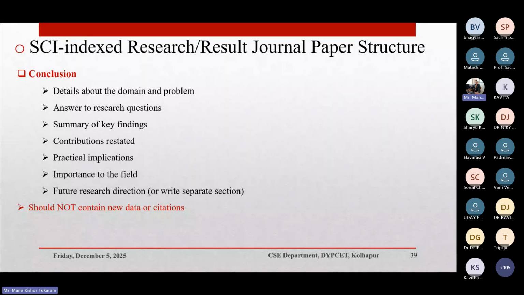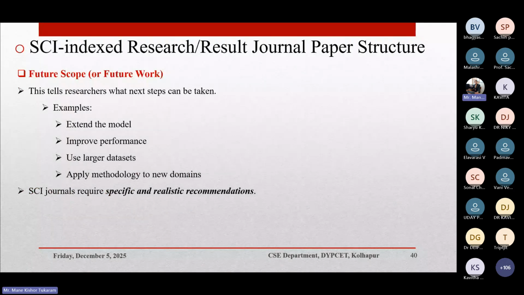So the conclusion doesn't require any citations, nor any new things which are not mentioned throughout the paper. The conclusion only requires the findings which we have observed inside the paper. And then we need to write the future scope. So future scope includes